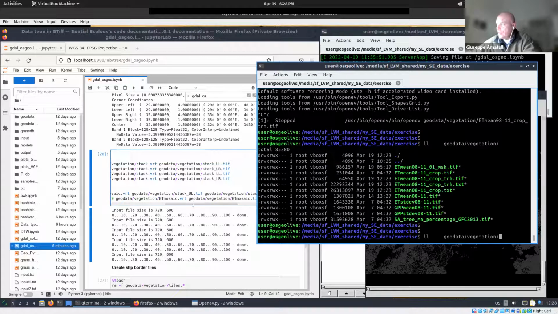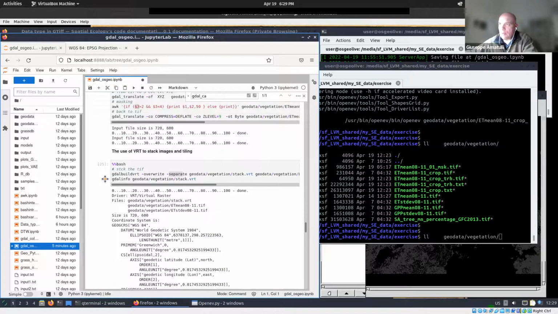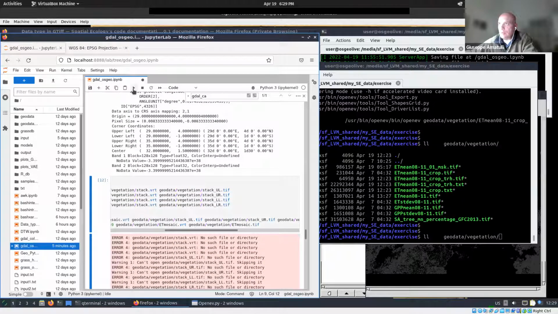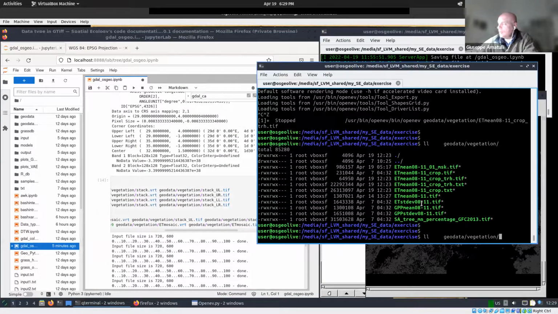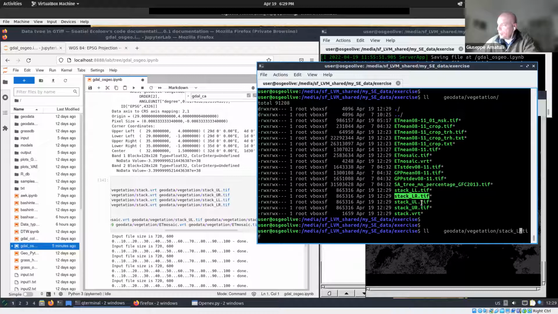So if I run it now, oh, sorry, I forgot to run this one. You run this, and then you run this one. Now you can see that my upper left TIFF has been generated. I can even open